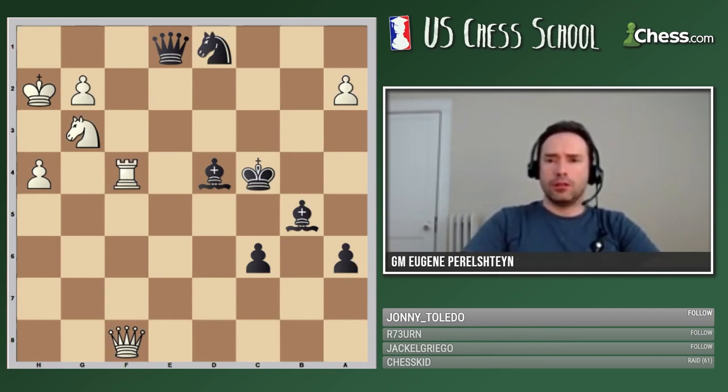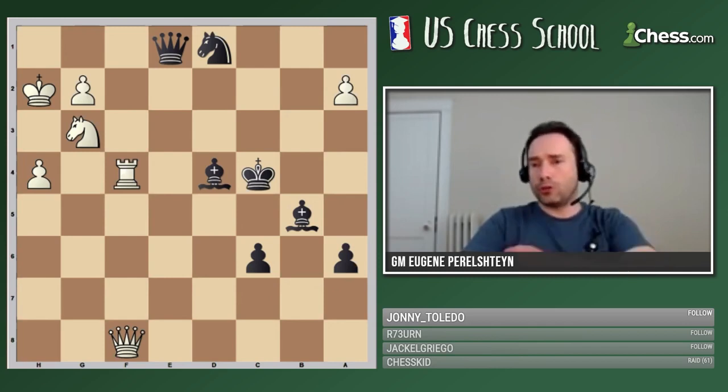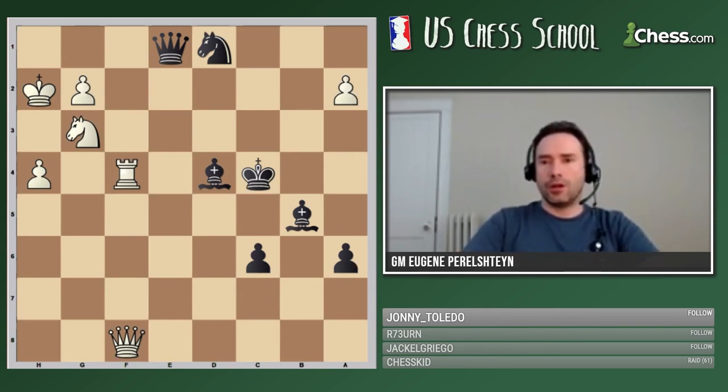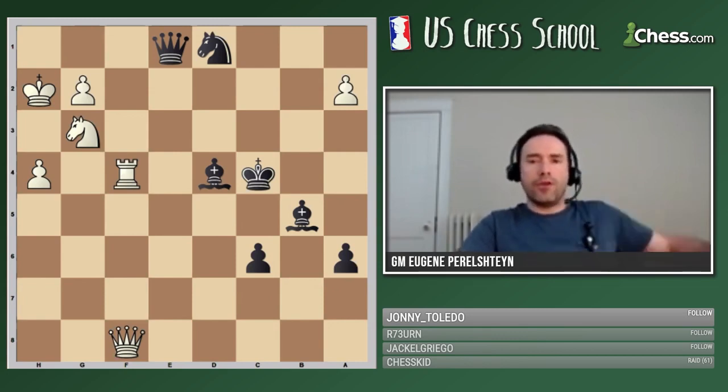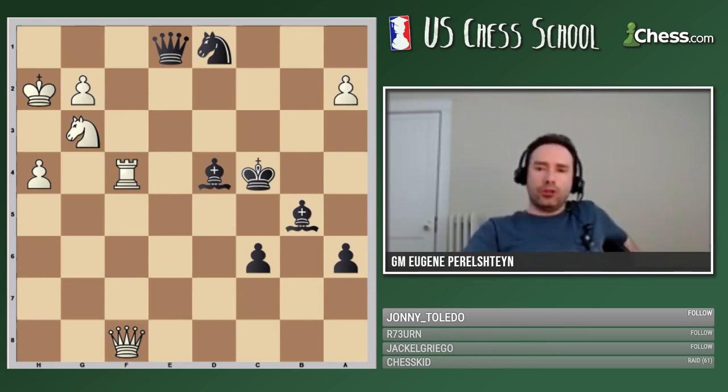Especially compare this game, dynamic chess, to the static game that we just saw earlier. It's like two different worlds, right? Static chess and dynamic chess. Let's try to compare them. Yeah, a very important lesson is to be patient in static positions. Okay? Be patient in static positions and be extremely aggressive and concrete